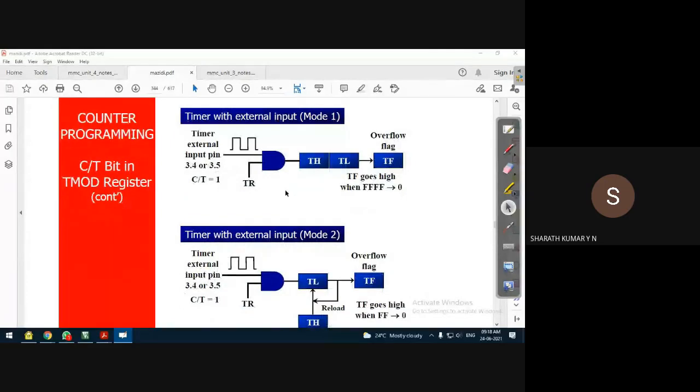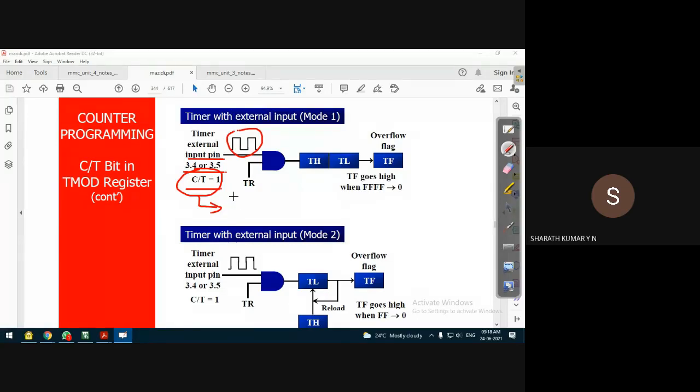So again, two modes of operation are used for the counter, just like the timer operation. The only thing here is the clock pulse source is the external device, applied to pin number 14 and 15, that is P3.4 and P3.5, when the C/T bar is set to 1. So that means it is taking the external clock pulses.